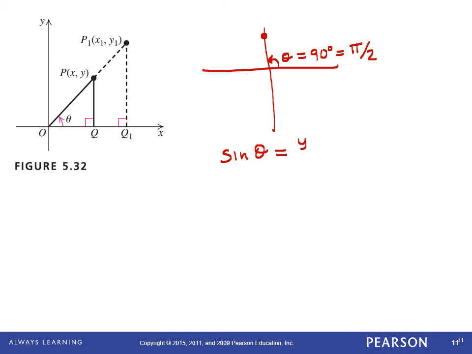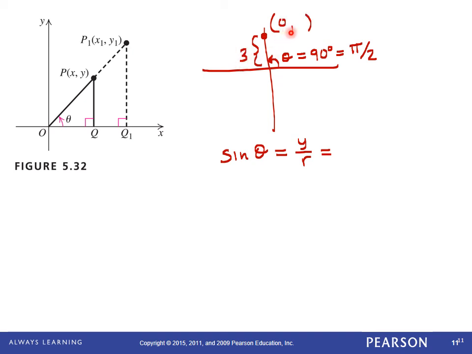So sine of theta would be the y over r value. We're good? Again, just using a simple illustration, figure 5.32 makes sort of like the broad illustration, but the numbers will work out easy here. All right, if that's the case, let's see. If we were 3 away from the origin,